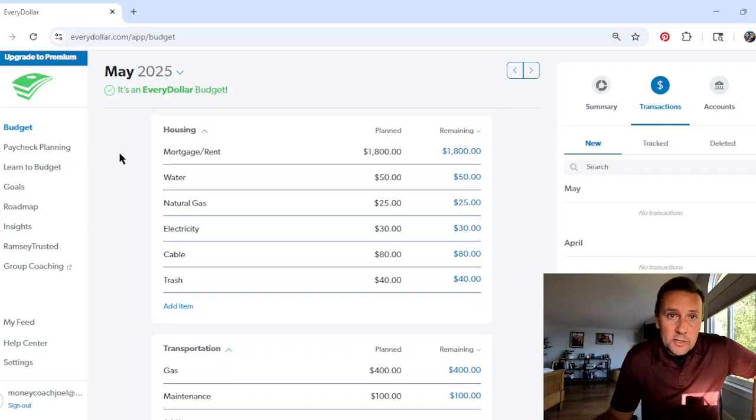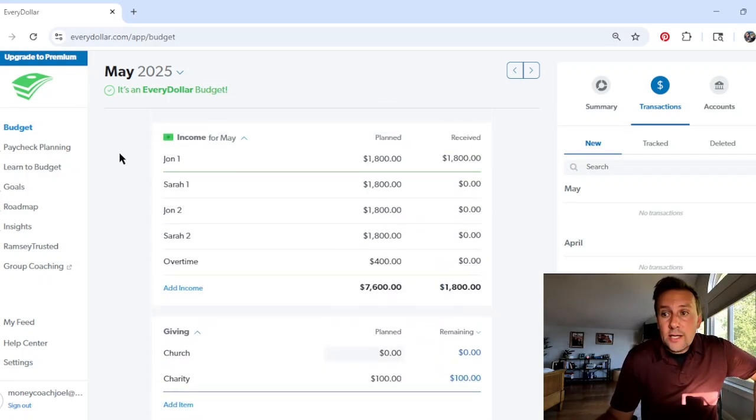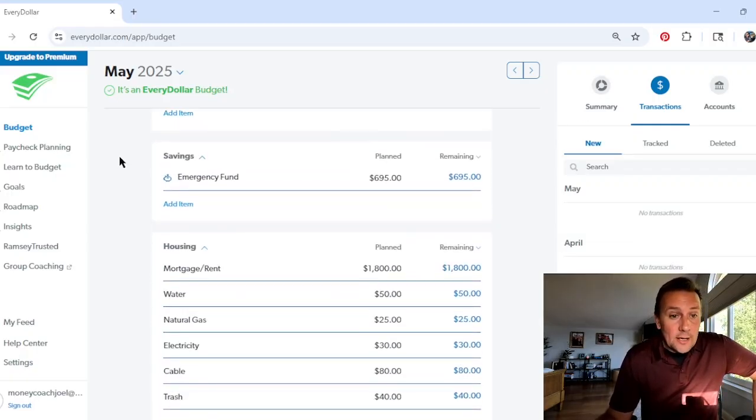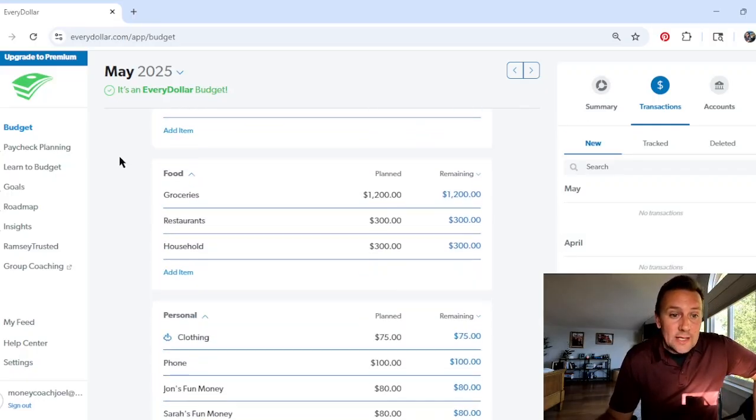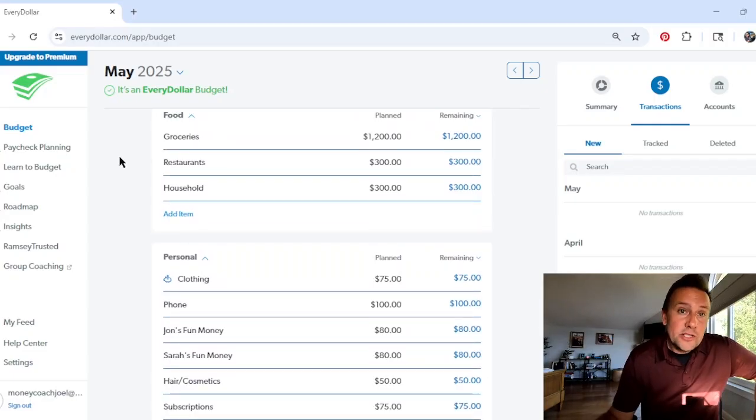Your water bill, you could try to save some water, but that's probably not going to move the needle, like I said, too much. If you're looking to save money, every little bit counts. But typically, what I see is that people can adjust their spending most by groceries and